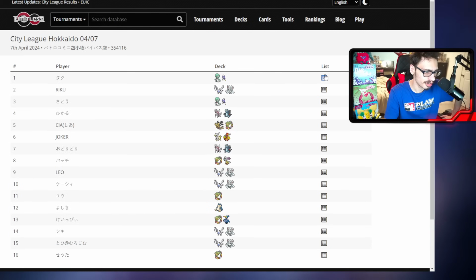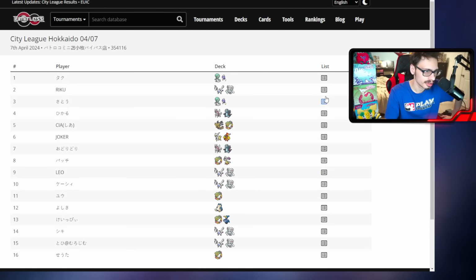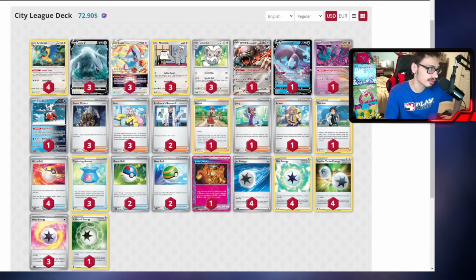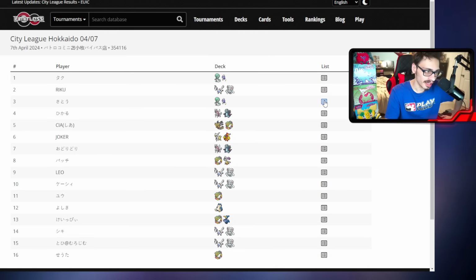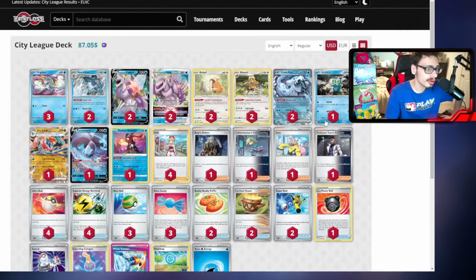Let's go to this tournament here. Winning deck was Gardevoir with Unfair Stamp. Look at that. Champions Festival, too. Lugia list playing the Ursaluna and the Survival Cast. And then another Gardevoir in top 4 playing Unfair Stamp. Another Palkia deck. Is it...